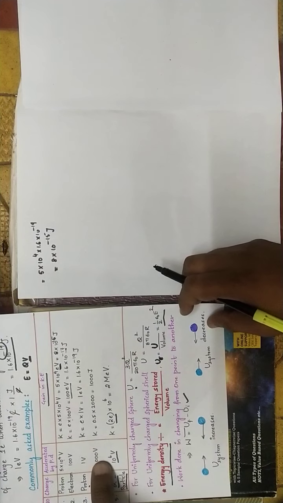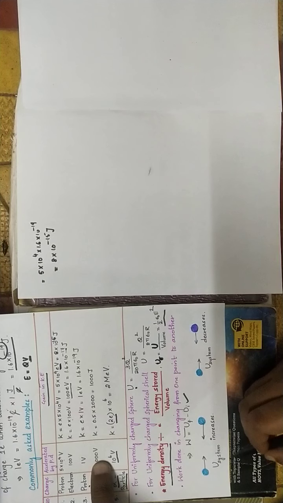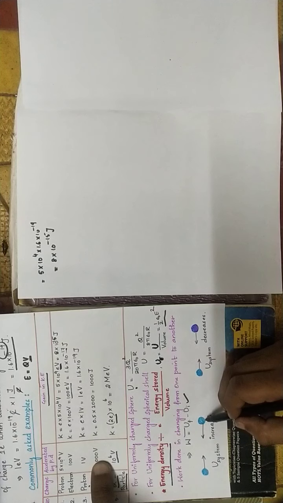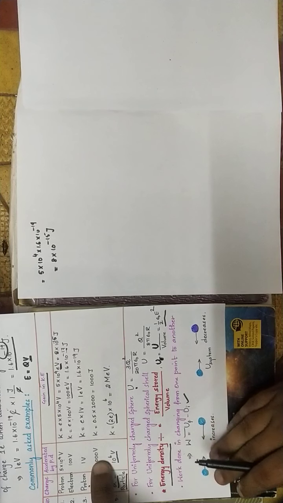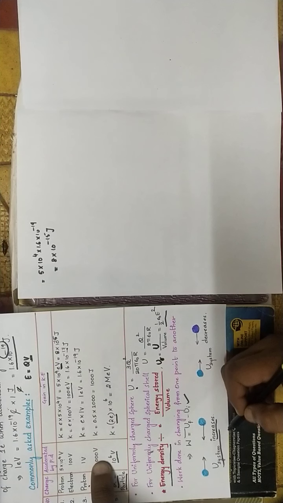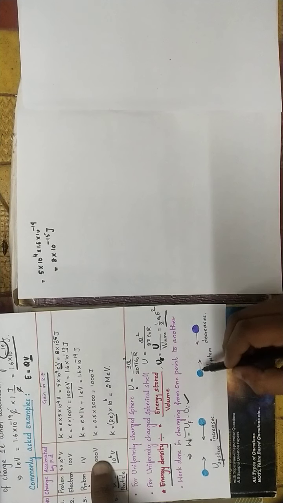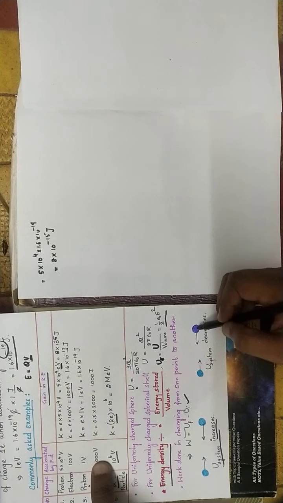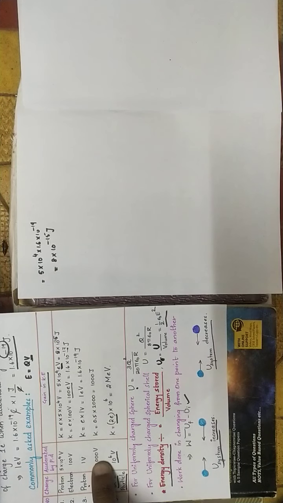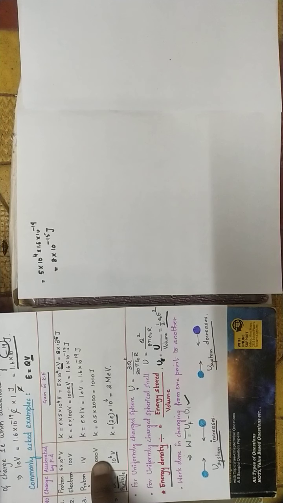The next idea is, if two like charges, both positive, come closer to each other, then the system's potential energy increases. If two unlike charges, one positive and one negative, or vice versa, come closer, then the system's potential energy decreases. So do make notes of it. These are good ideas, so try to read it and understand it. Thank you.